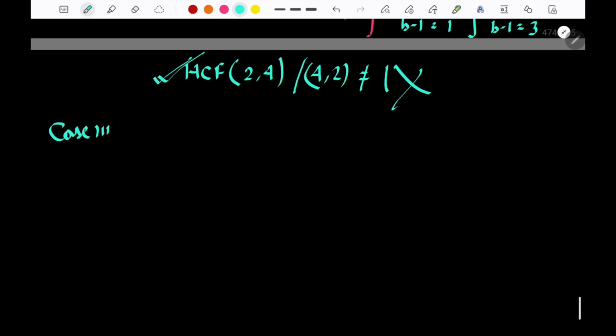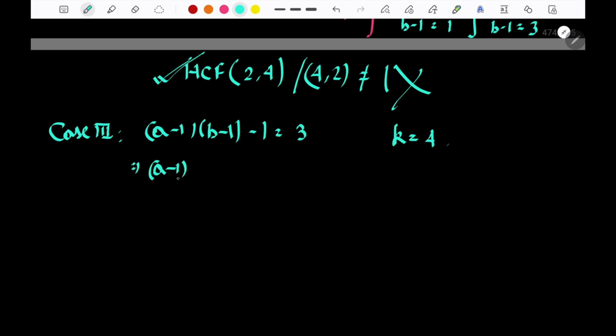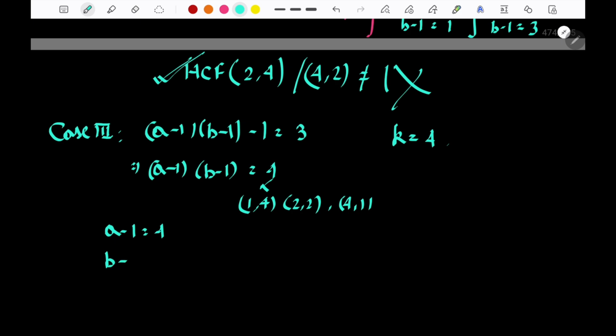So, this case is wrong, an invalid pair. Next, case 3. So, what is case 3? (a minus 1) into (b minus 1) minus 1 can be taken as 3. So, therefore, k will be what? 4. So, again this is (a minus 1) into (b minus 1) is equal to 4. Now, 4 can be written in many ways. So, 4 can be written as either 1 comma 4, 2 comma 2